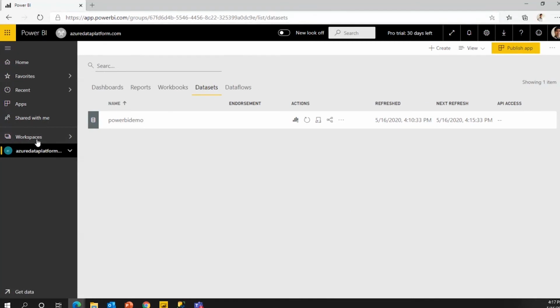So what I'll do is click on dataset. Basically, this is my workspace, and in the workspace, this is the Azure data platform where I published it. Then I'll go to my datasets, and in my datasets I can see Power BI demo. Here, this link is schedule refresh. This one is create report using this dataset. This one is refresh now, so you can refresh it directly right away without scheduling it. Then there is view related, which I'm not covering right now. There are other features here too: download PBIX file, manage permissions and other things.